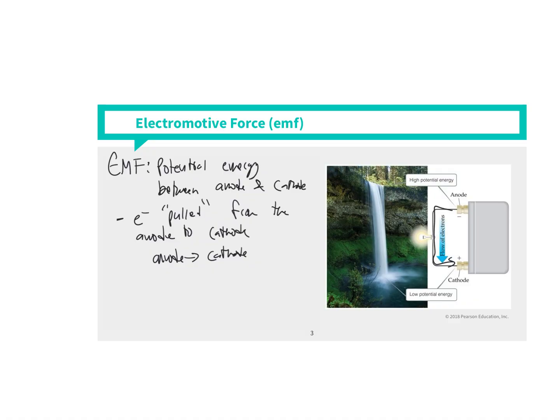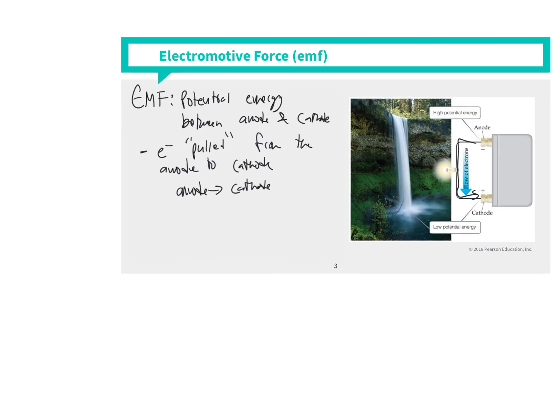The variable that we use, and we learned this in our last video, is called E cell. It's the electromotive force of the cell. We also call it the cell potential. Its units are in joules per coulomb. And again, it's been a while since we talked about coulombs, but a coulomb is the charge